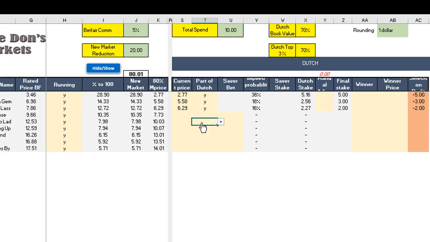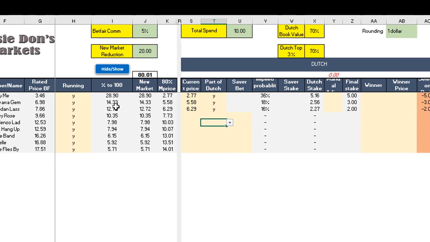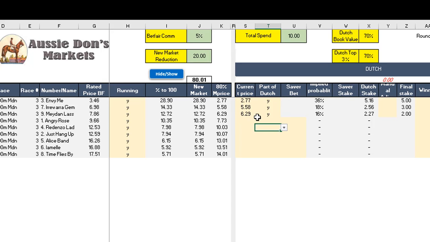You don't need to use the top 3, but this system is set up for the top 3, but you might not want, say, May and Lass. You might think May and Lass hasn't got much of a chance and you would rather have Angry Rose. Well, then you can put in Angry Rose there, put in yes. You'll see the Dutch value's gone up to 83, but we're going to take out May and Lass, so we go to no,